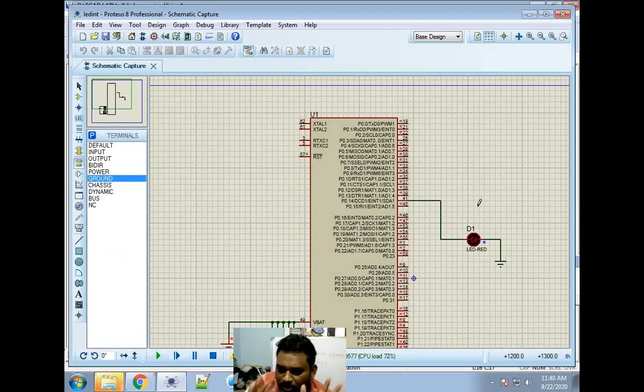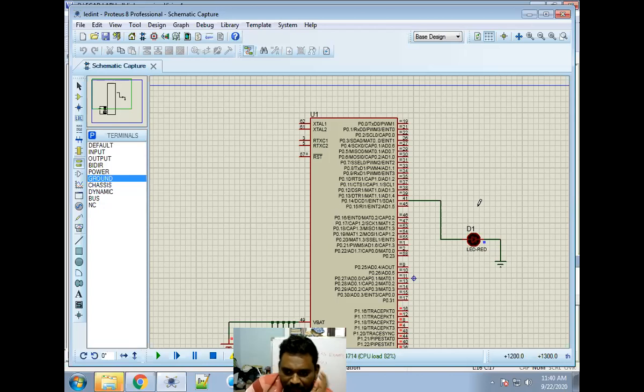First you need to decide: according to the code you design the circuit, or according to your design you write your code. Initially, when you are starting your program, you need to decide. So first you design the circuit, then write the program according to your design, or first you write the program and according to that program you build the circuit. It is possible in both cases. Okay, done. The code I will send on WhatsApp or somewhere. No problem, you don't need to bother if you don't write it.